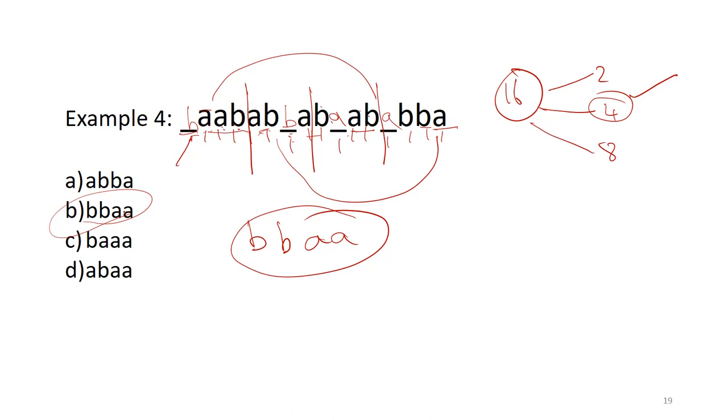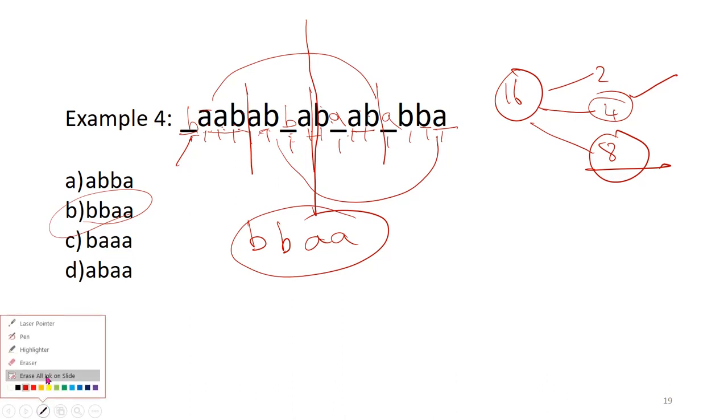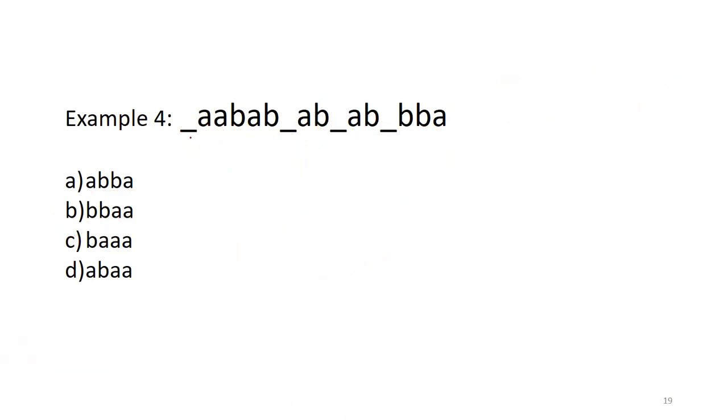Okay. Or the best method is taking 8. So if you take this, now you can compare. So let me take 8. So 1, 2, 3, 4, 5, 6, 7, 8. Now compare it. So last term is A, last term is A, and second term is A. Sorry, second term is A, second term is blank here. Third term is A, third term is A. Fourth is B, fourth is B.